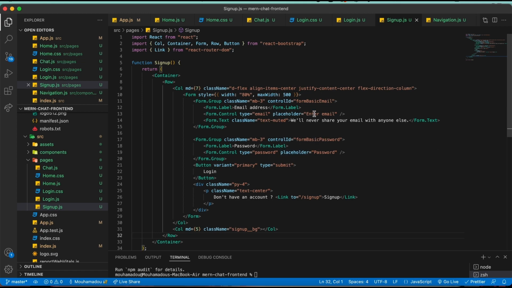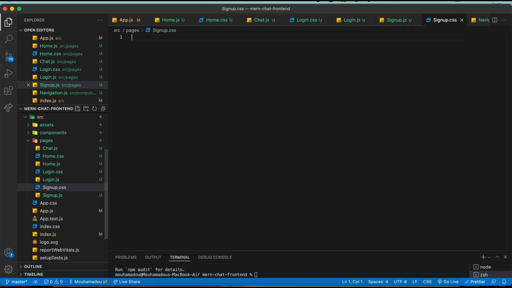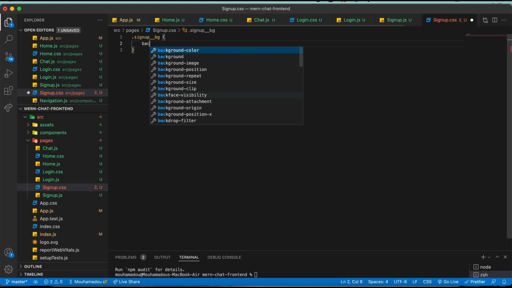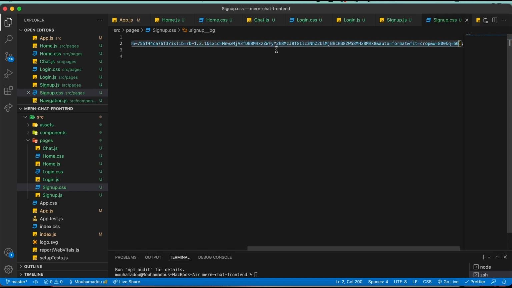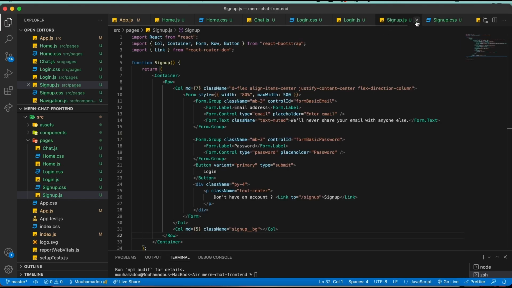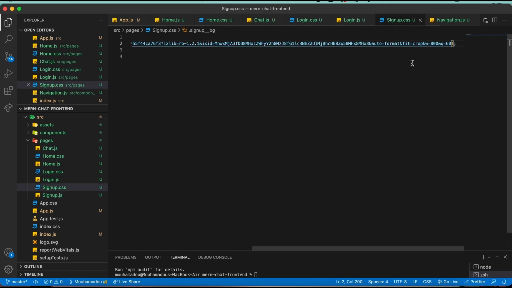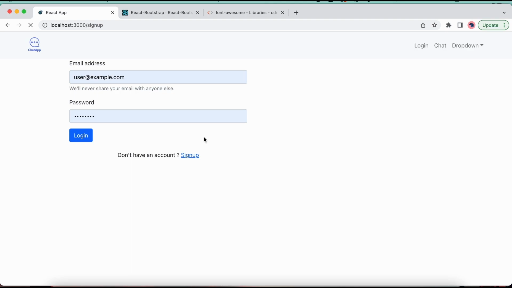And now for the sign up bg, so we create signup.css, and we say here signup bg, so background image, so we say URL, another one, so paste this image here, and the same for the login. So I'm just going to copy these attributes here, paste them below. Now the sign up page, let's see,